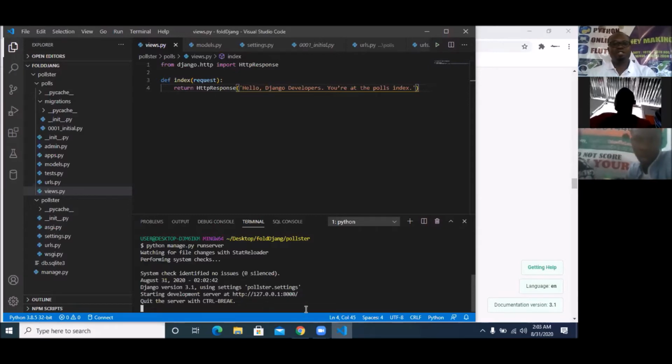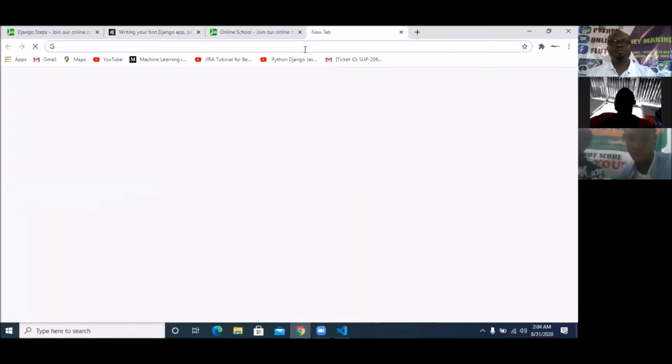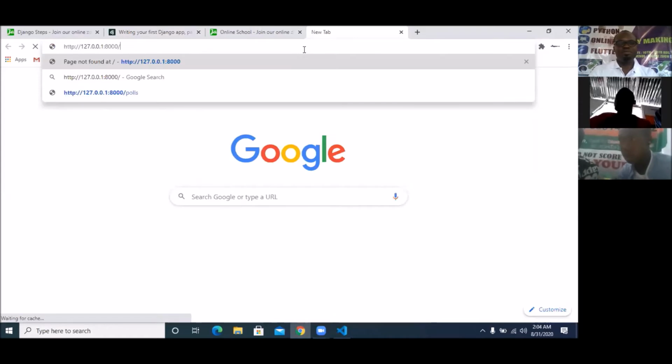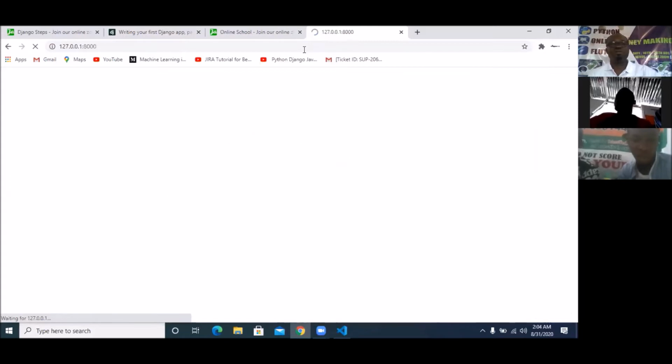So you can see that the server is running now. So I'm going to copy this address where the server is running. Some of you that are doing control click and it's not working, just simply copy this, get to a new tab and paste it there. Press the enter key to run.